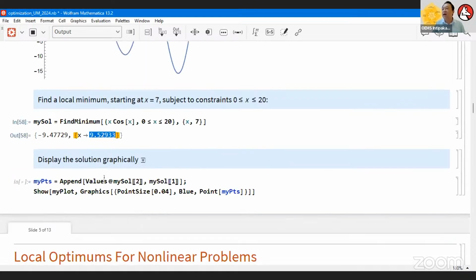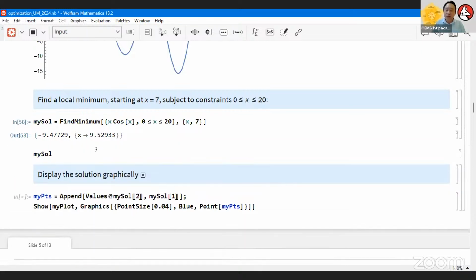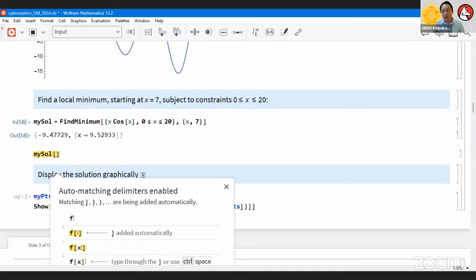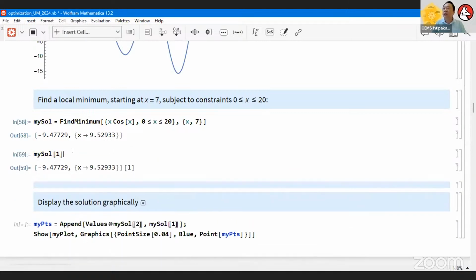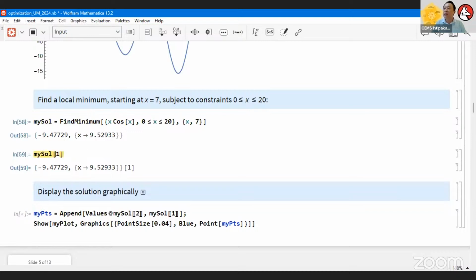To visualize here, again, now I have these solutions. If you're familiar with Python programming, of course, this approach is fairly simple. Like in the programming communities, it is usually the syntax we use. For instance, if I put my solutions one, this tells us which part of the information we want to extract.